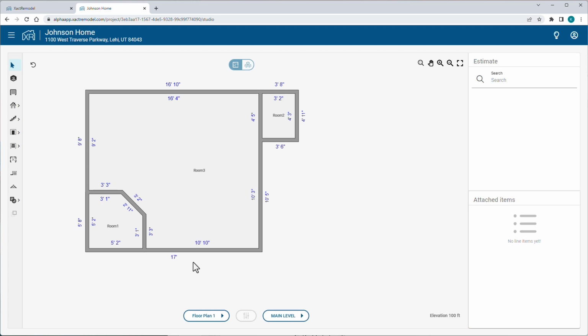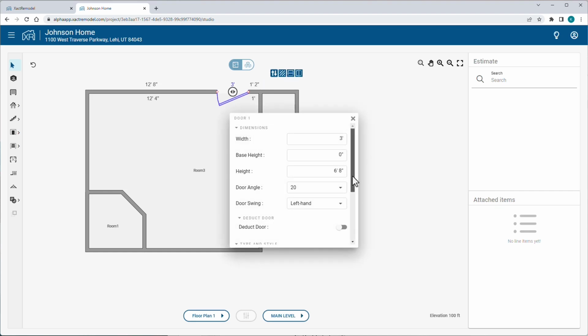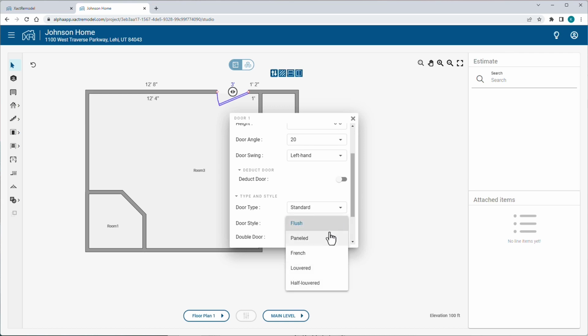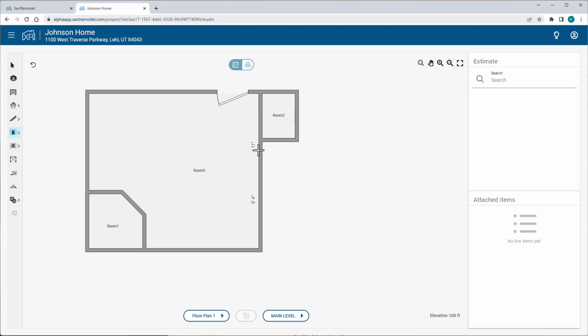Next, you will add doors to this room, starting with an exterior door. You add an exterior door by selecting the doorway icon. You add a 3/0 door by clicking and dragging the door on the wall. Again, if you don't get it just right, you can click to change dimensions. Next, you use the flip tool to get the swing correct and click the properties icon. You change the type to paneled and close the window. Now you add a door that leads into the adjoining living room and the doors on the pantry and coat closet. Next, you add the exterior windows.